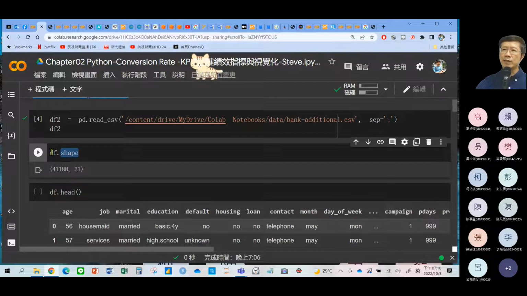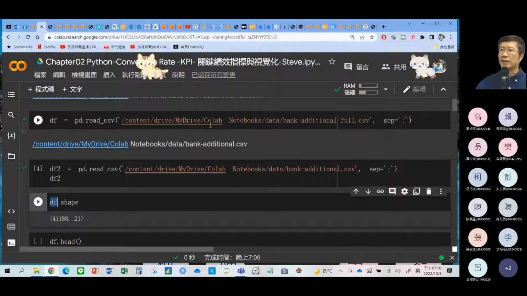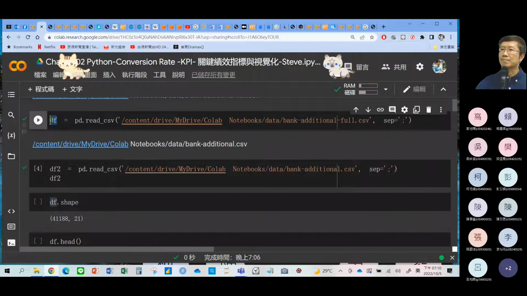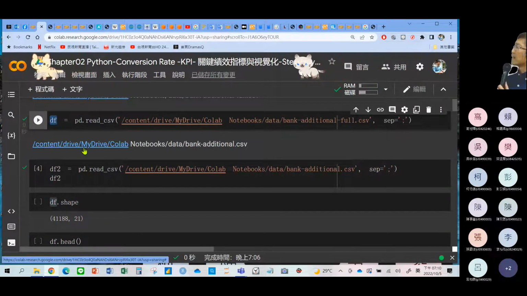DF is we just import the data set and we save the data set as DF, right? 记得了吧？